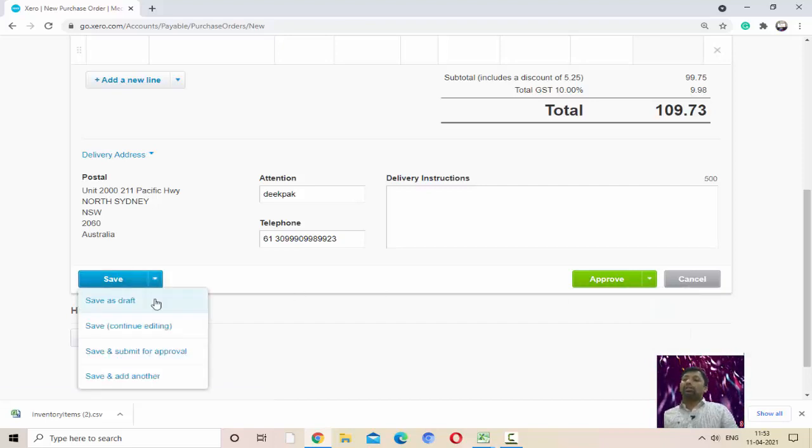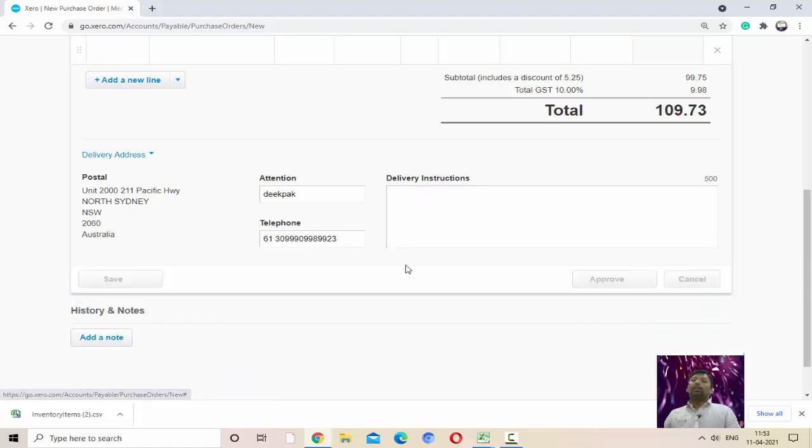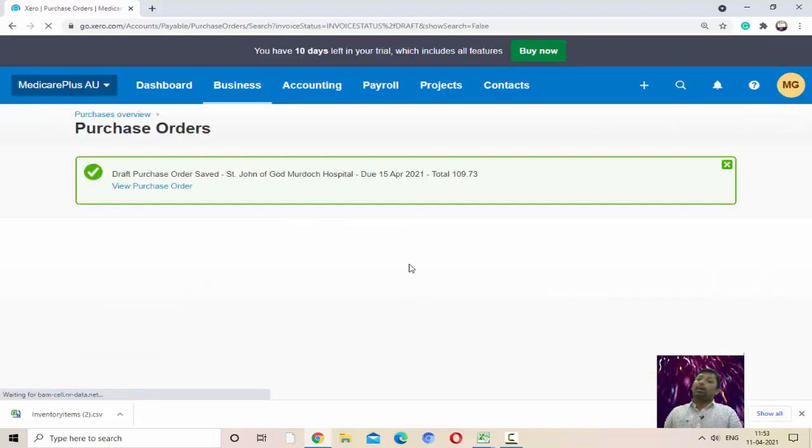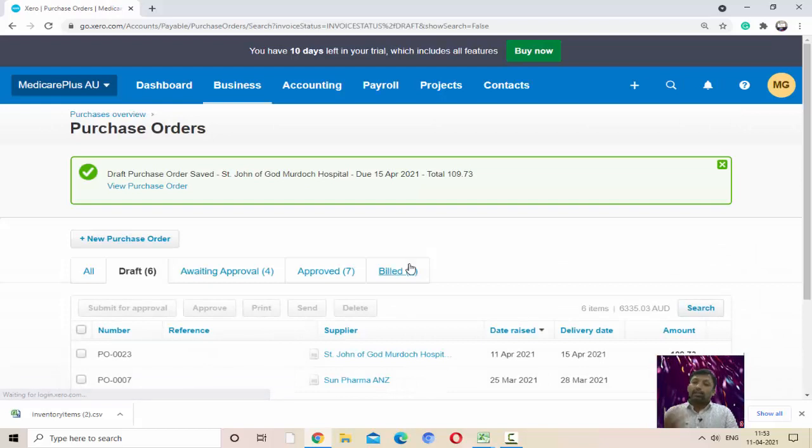Let's save this as a draft, which means this is not approved by our higher authority. That draft is created by us and reserved with us, and after that we will send this purchase order to our higher authority for approval.